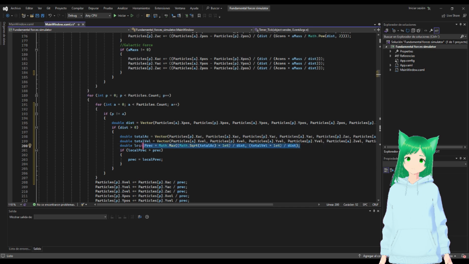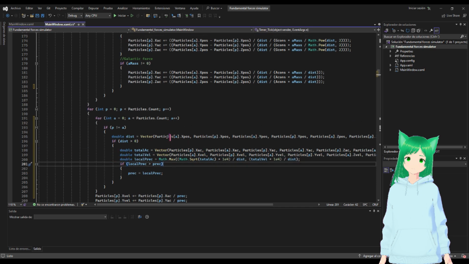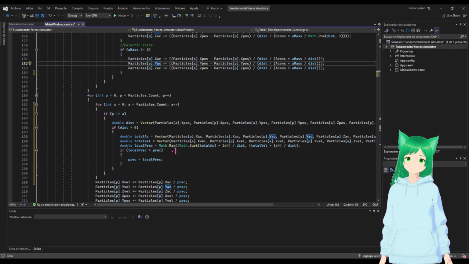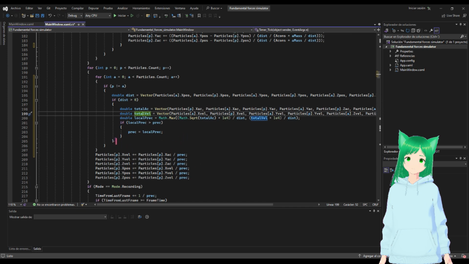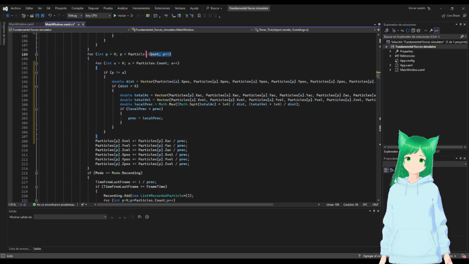After the acceleration of each particle has been calculated with each other, it does the double loop again to check the precision, and then finally I will need one more of these loops